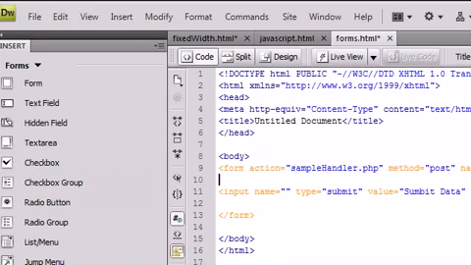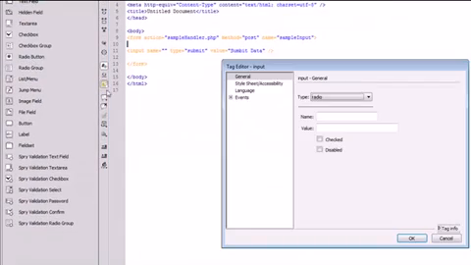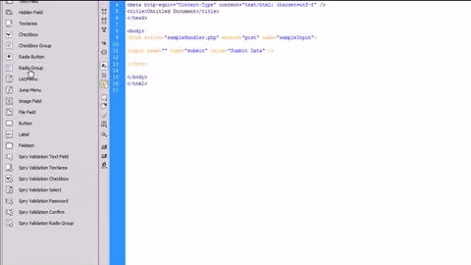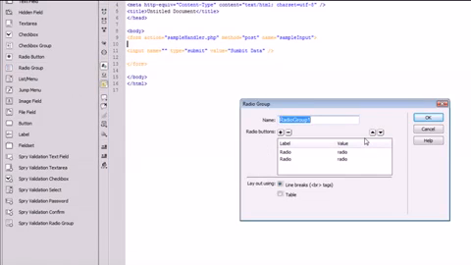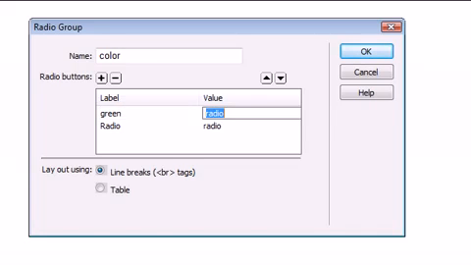So let's create an example that shows a group of radio buttons to select a color, a favorite color. So you go over here inside of insert and you click on radio group, and we're going to call this group color, and we're going to say green, and you can use tab to go to the next instead of clicking. It's faster. Green, blue, blue, and let's add another one,